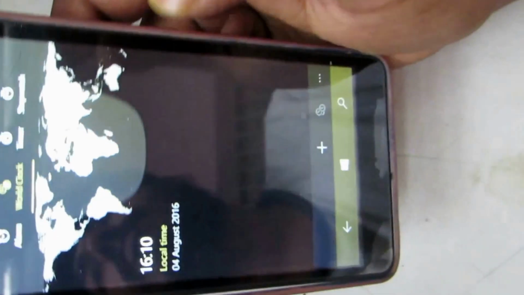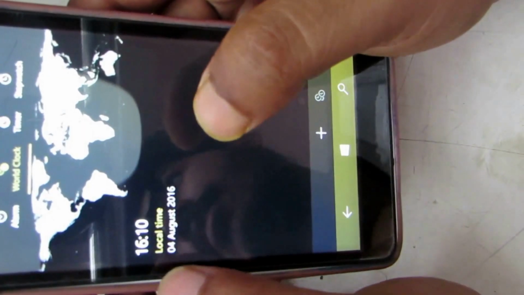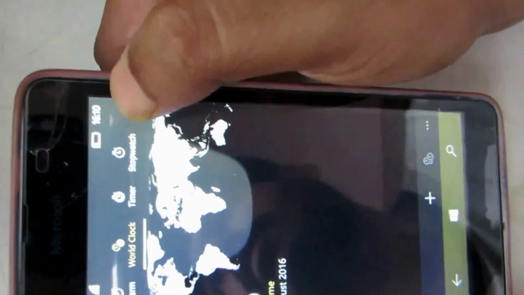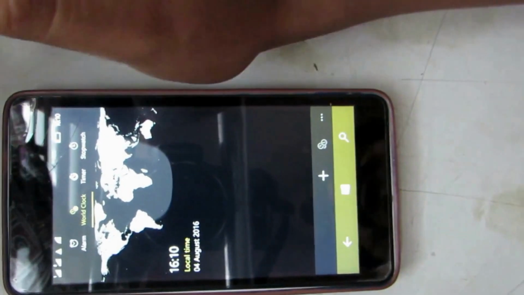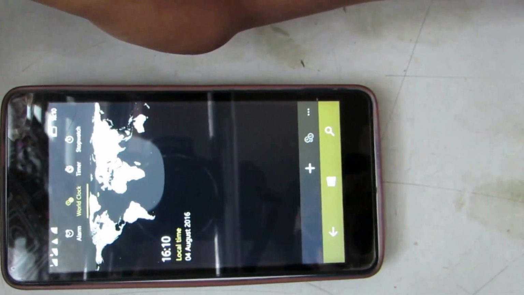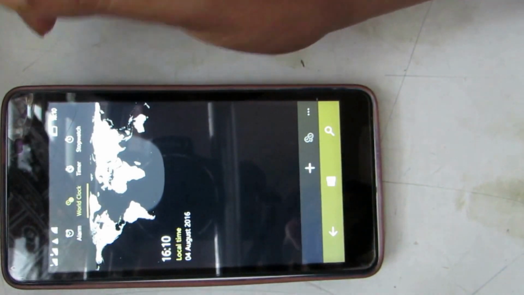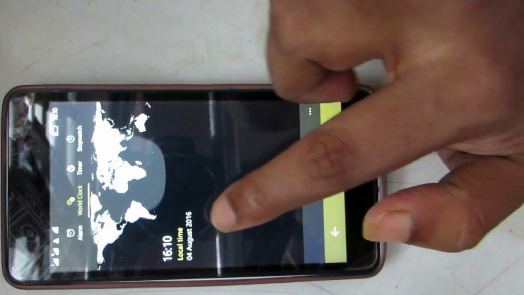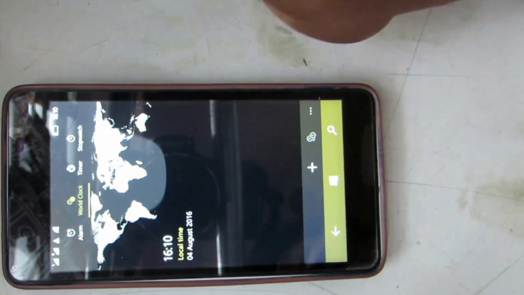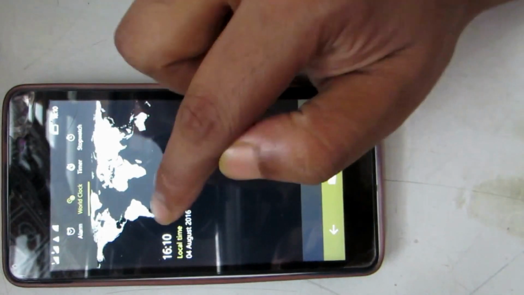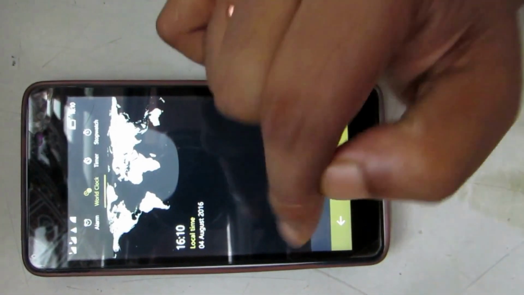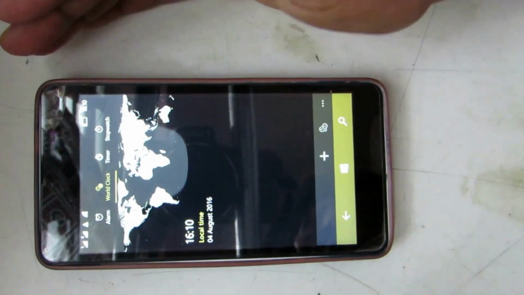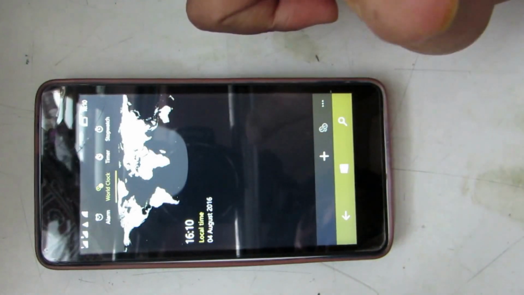Okay. Next, come to the feature of wall clock. See, it's 16:10. And here it is also 16:10. Remember this, it will need two things. Number one is location. Number two is your internet service. But if you keep both of these off, it will show you the last time updated according to the location of your area. If you change the location, or change the internet service from one place to another, it will change accordingly. Wow, great feature, thumbs up.